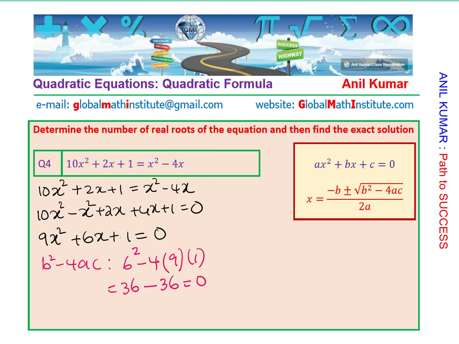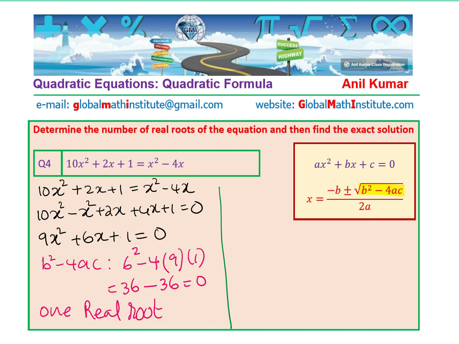Now b squared minus 4ac being 0 means exactly one root. So I'll write one real root. So there is one real root since the inside part within the radical is 0. Now let's find these roots. So x is equal to minus b, in this case minus 6, plus or minus square root of 0,